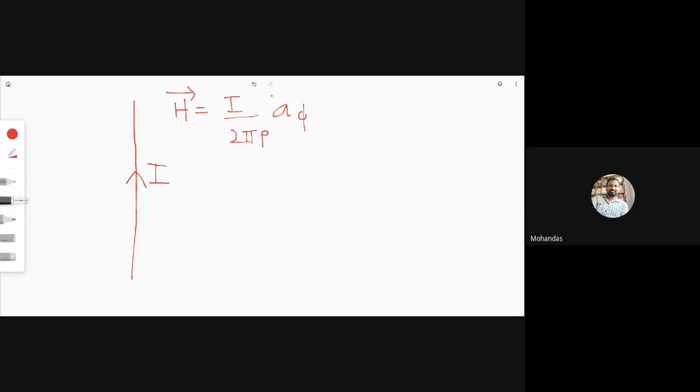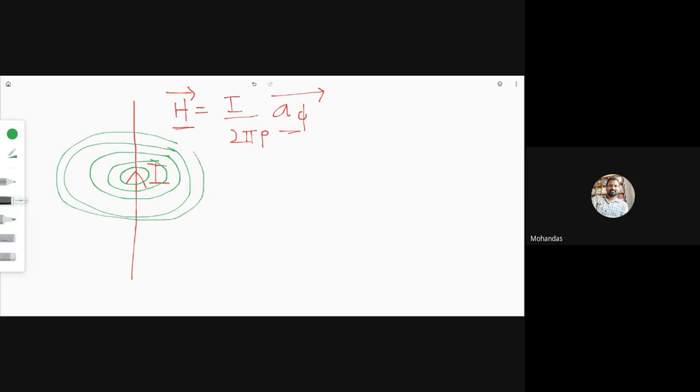Now see, mathematically, what is the magnetic field intensity direction? It is in the direction of a_phi. So let me draw the direction of a_phi here. So a_phi means it is the direction of the magnetic field intensity. Try to understand here. It is somewhat a known concept, but here in terms of mathematics. What are these circular lines? Magnetic field lines.